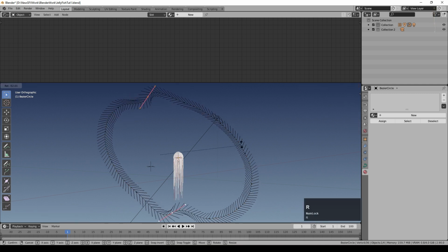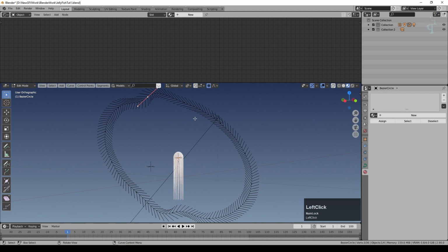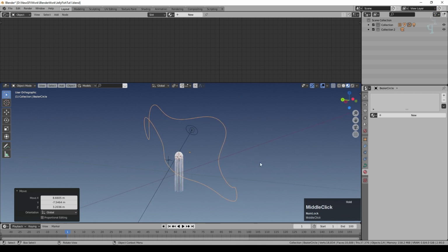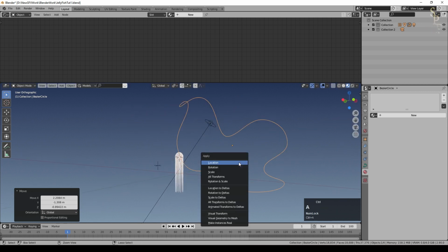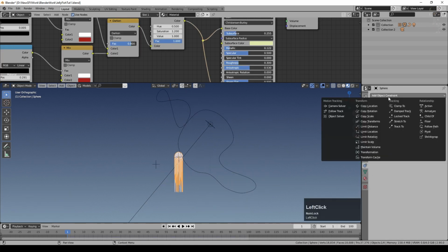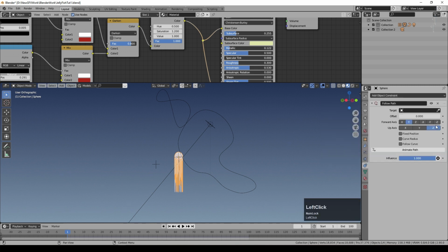And then select a couple and just start moving them around. Don't want too extreme a change of direction. And then I'm just going to move it to be coincident at some point with the jellyfish, and then Control A and apply rotation and scale. Now I'm going to select my jellyfish and I'm going to add a constraint, which is a follow path constraint. I'm going to select the path that I created,